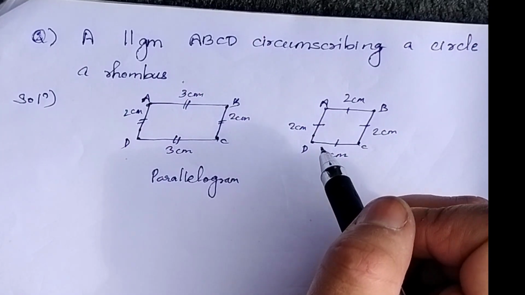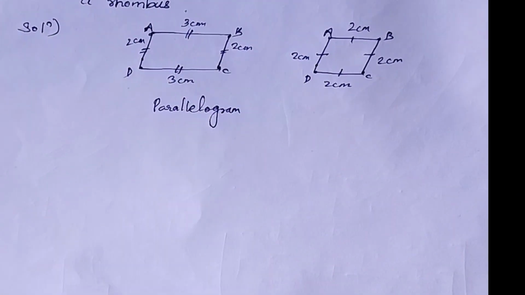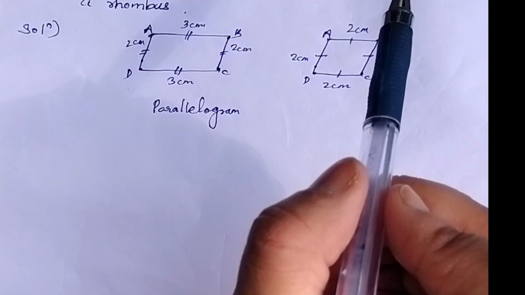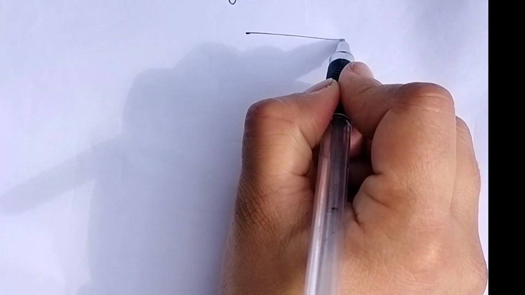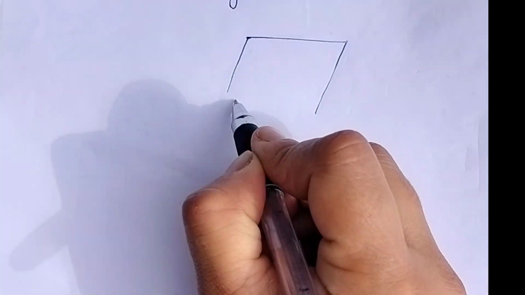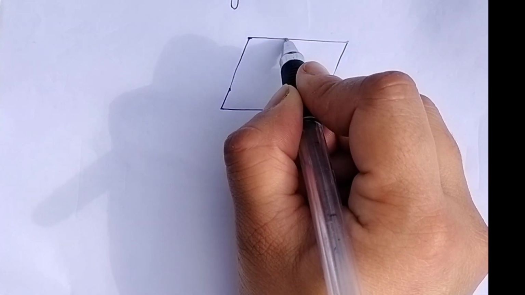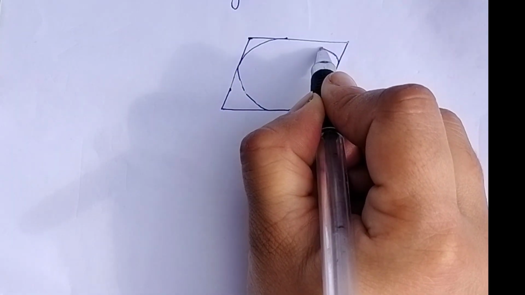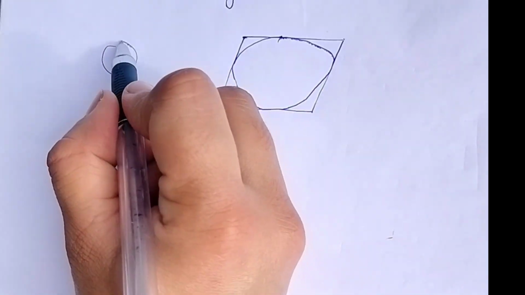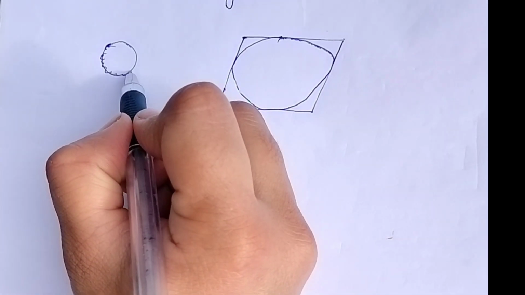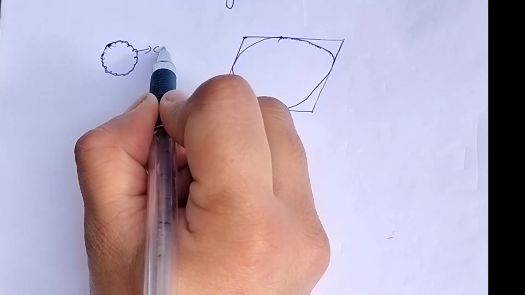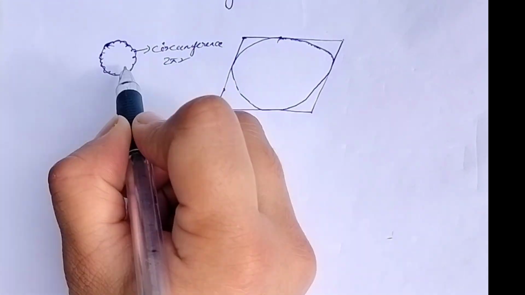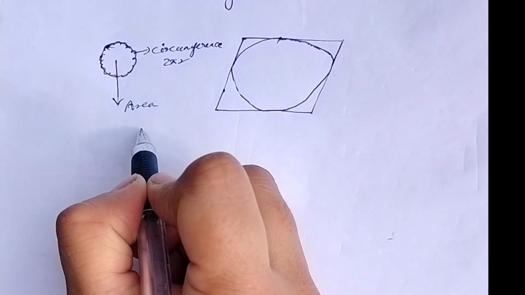So what the question is saying is that a parallelogram ABCD which is circumscribing a circle is a rhombus. For example, this is your parallelogram, and circumscribing a circle means this. The circumference of a circle means this outer part, this is called your circumference, which is 2 pi r,